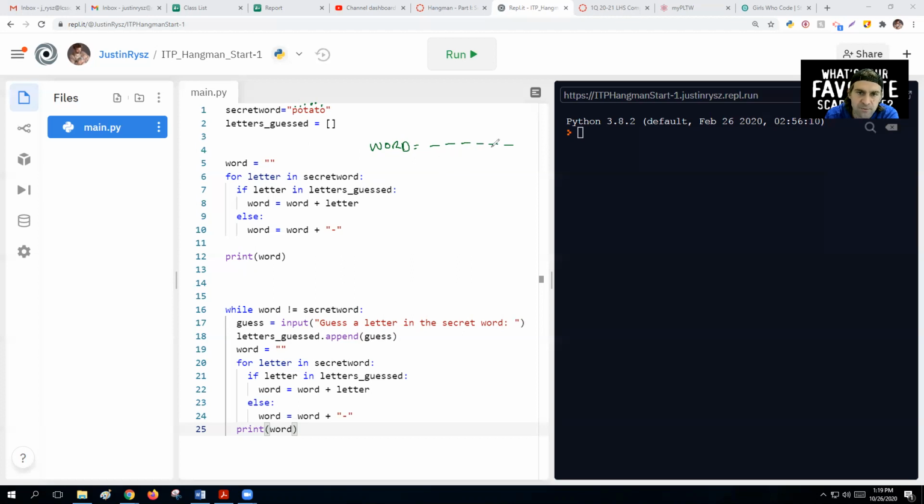So as long as this word that we're building here is not equal to the secret word, we're going to keep this loop going. Guess equals input, guess a letter from the secret word. So line 17 has the user type in a letter they think is in the secret word. All right, line 18, letter guess dot append guess. So what we do there is to then take what the user typed in and add it to the letters guess. So let's say now that the user guessed the letter T,